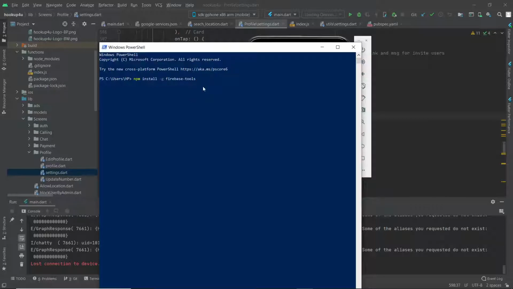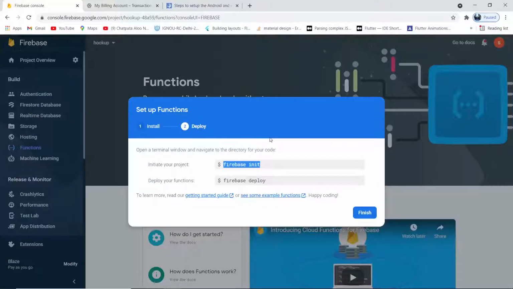Sometimes people get errors because they have not set the path in their environment variable for Node.js. But while installing Node.js, most of the time it will automatically set the path. In some cases, if it does not happen, then the user is required to set the path manually. You can check Stack Overflow and other websites. There are plenty of resources available in such cases.